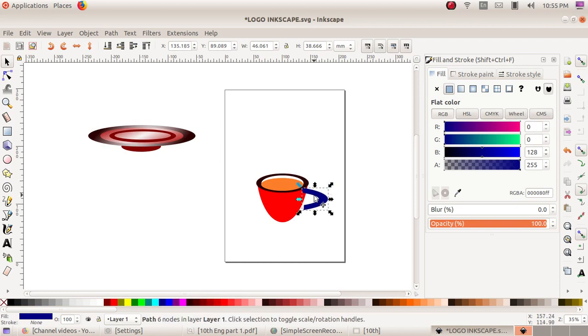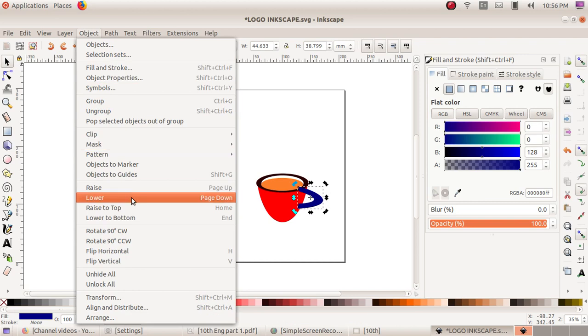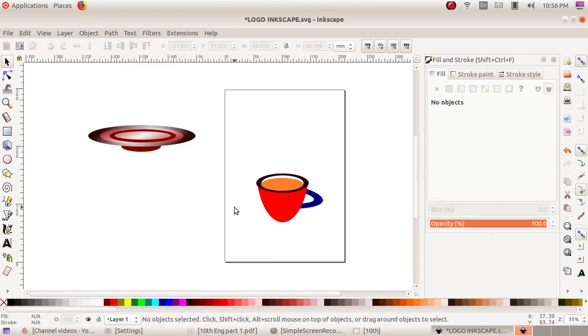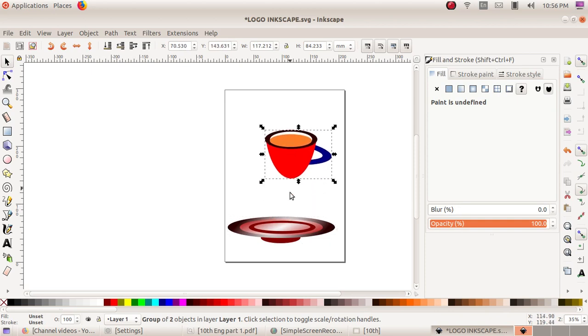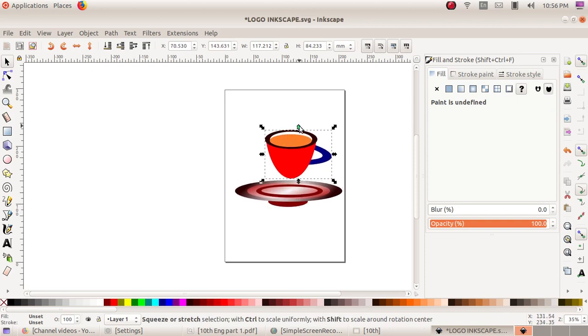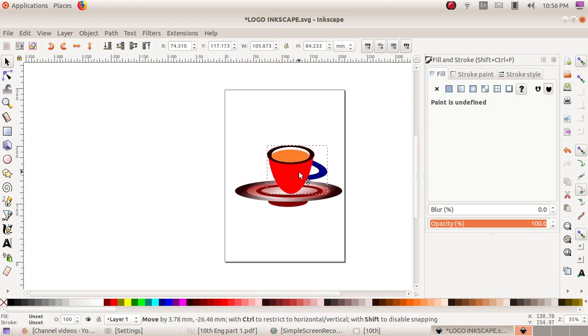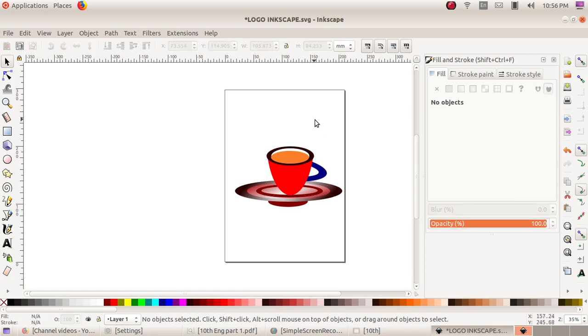We can rotate it, just click inside the object and move it here, and select that object and go to object, lower to bottom. Then group that picture, and place the cup here.